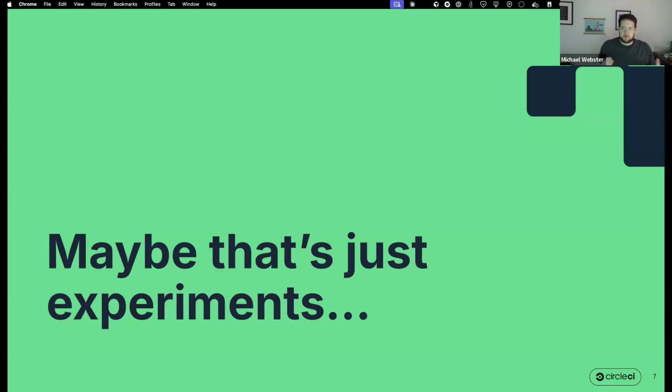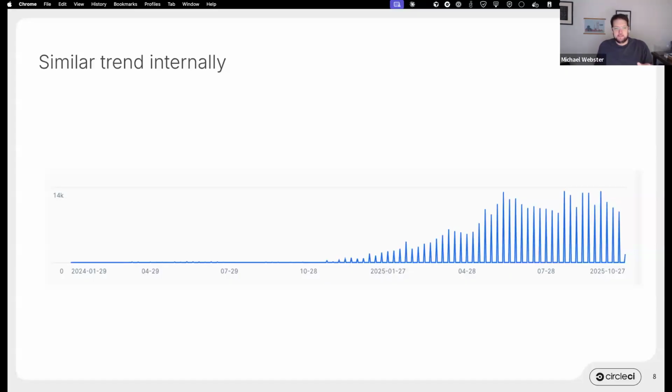So this graph got me particularly interested here because maybe that's all just people experimenting, right? When a new feature comes out, when a new product comes out, people want to try it on their repositories. So I went and I looked at CircleCI's data. What do we see across all of our customers, and ran a similar analysis looking at these agents. And this is a trend that we see internally. So I went all the way back to 2024 in this case. That's when Devin first launched onto the scene. But you can see very similarly in 2025, late spring is when the usage of these agents started to spike.